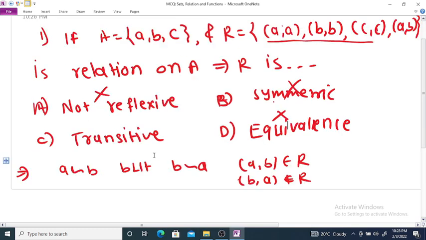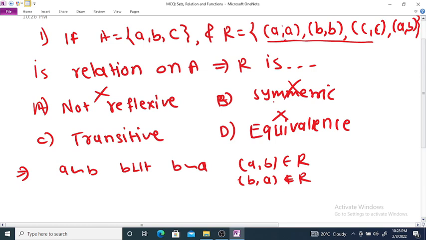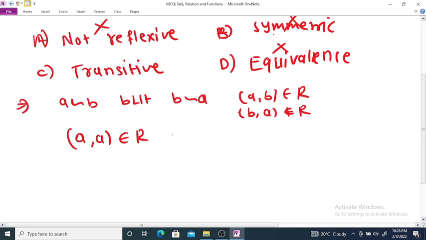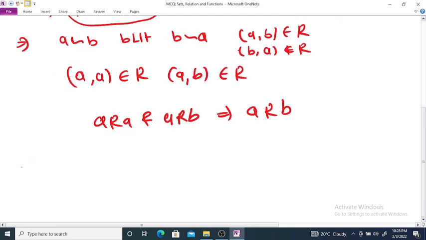Now we want to check whether it is transitive. We want to check only these two pairs, AA and AB. Now AA lies in set R and AB also lies in set R. So A is related to A and A is related to B. This implies A is also related to B, and therefore this relation is a transitive relation, and therefore the correct option is transitive. Now question number 2,